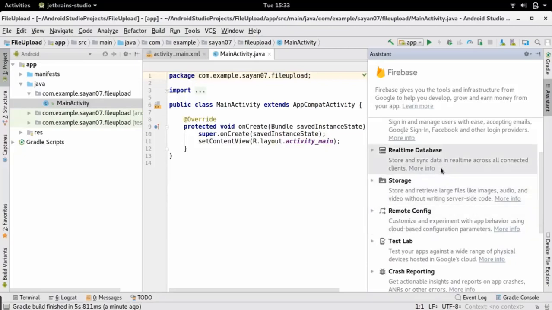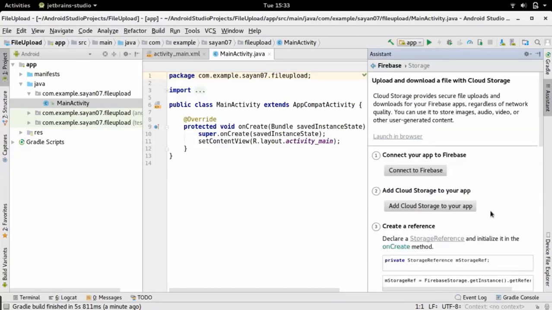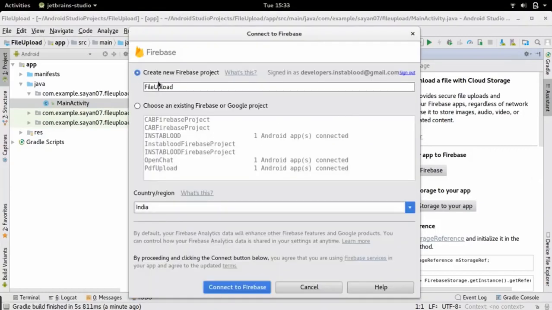We need to connect them to our app. Simply to connect storage, click on it, click on upload and download a file, and now select connect to Firebase. Now here you will be asked to provide your Firebase project name, the project with which your application will be connected.